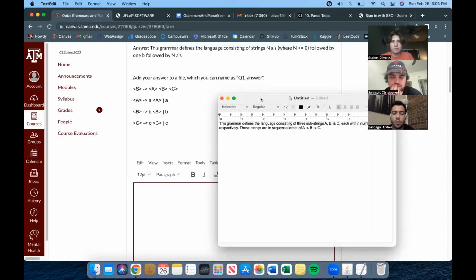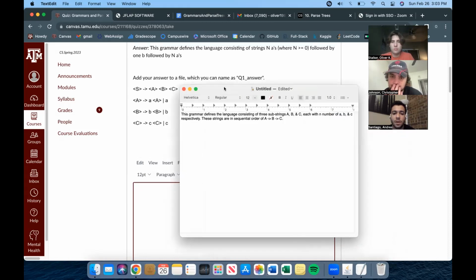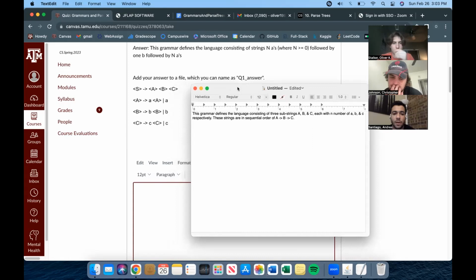And then you put they each have N numbers. I think they might get a little mad with that, because it's not the same for all of them. Oh, good point. Let me just say some number